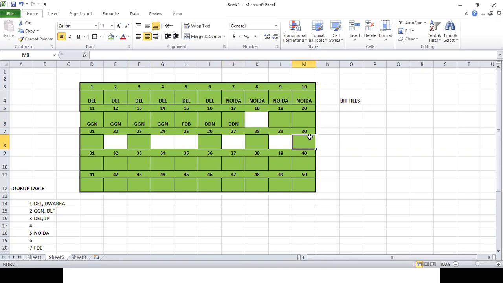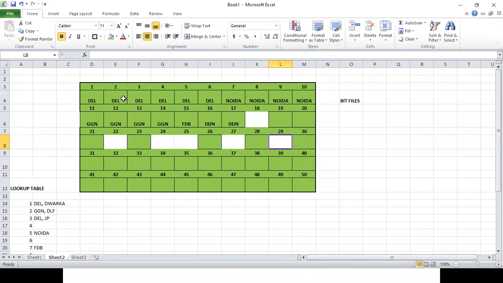Observation. Come on, quickly tell, what have you observed? Clustered. All values are grouped together, like similar cities. It has been grouped together. Or at a broader level, I can say that the location of the data has been changed. So the data which was initially stored at, suppose, the 29th address has moved to the second address. So the physical location of the data has been changed in case of a clustered index.